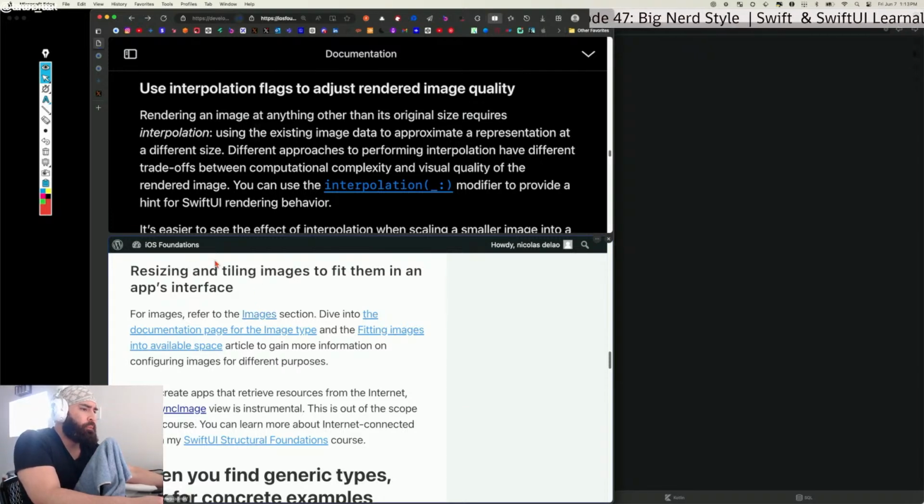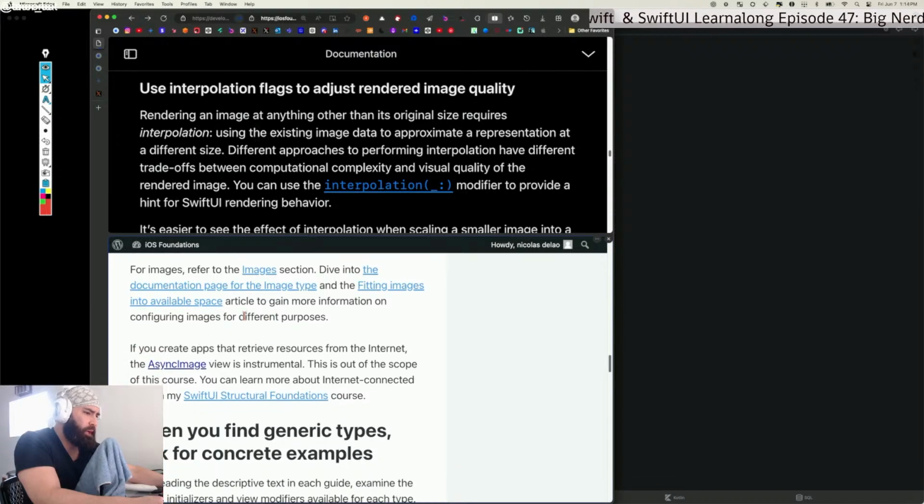All right. Resizing and tiling images to fit them in an app's interface. For images, refer to the images section. Dive into the documentation page for the image type and the fitting images into available space article to gain more information on configuring images for different purposes. If you create apps that retrieve resources from the internet, which ours will, we'll use